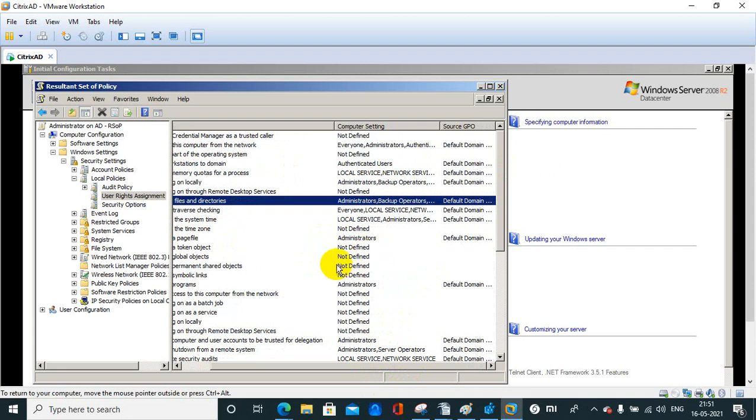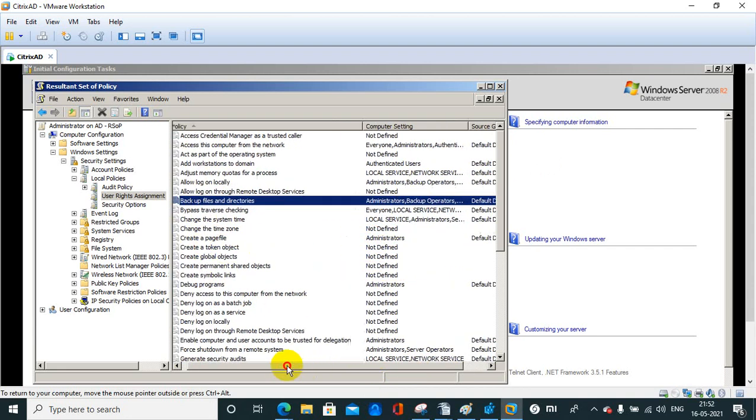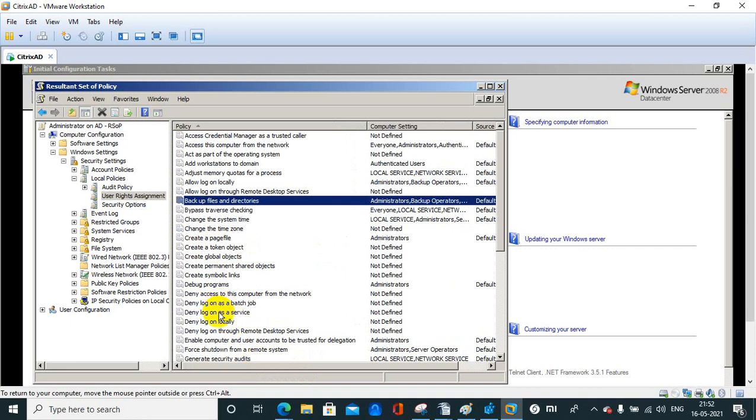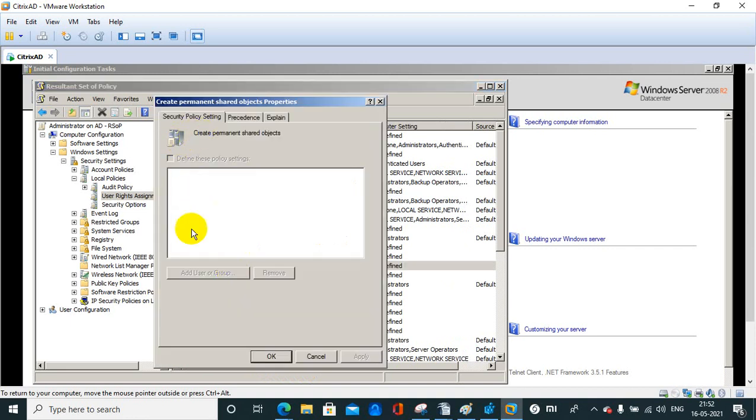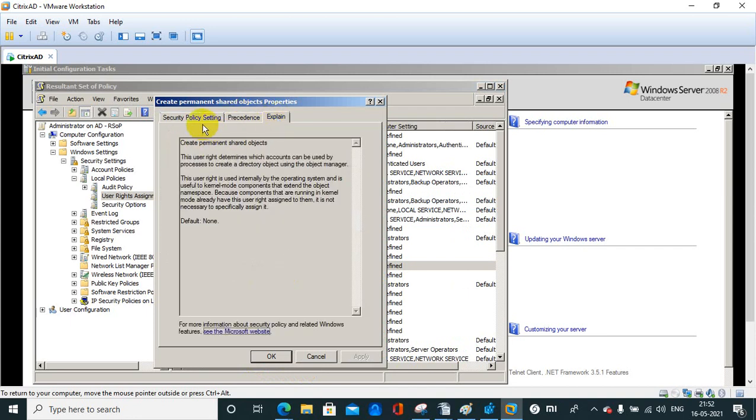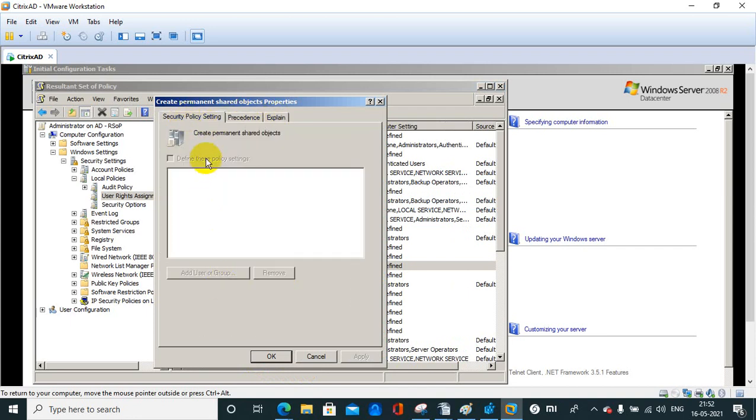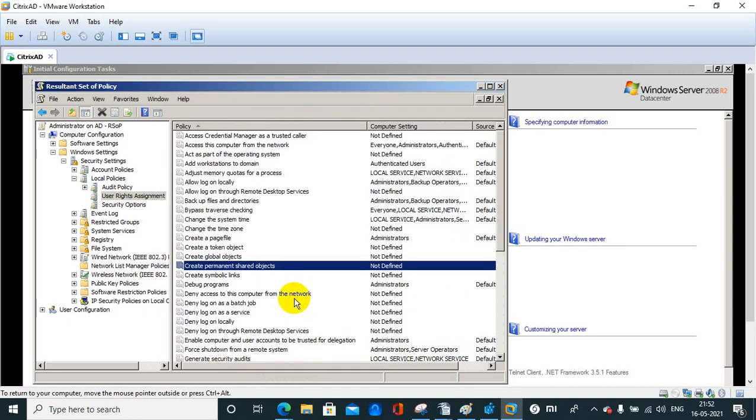Not defined, not defined, not defined. Not defined means the policy is not enabled. So for that you need to go here and enable the policies. But if you don't have the rights, you cannot enable that. You need to update the Active Directory team to enable this.